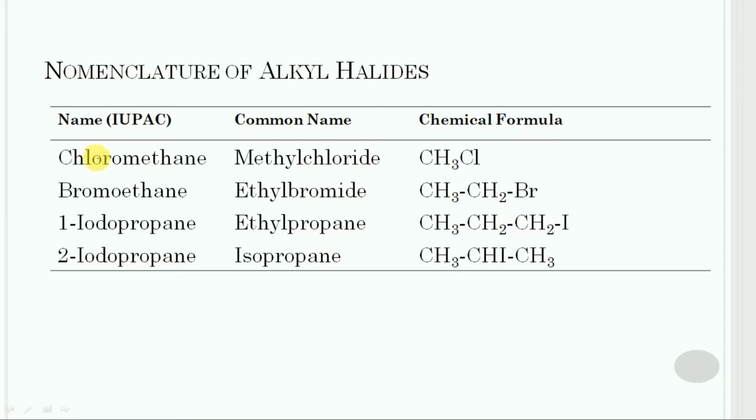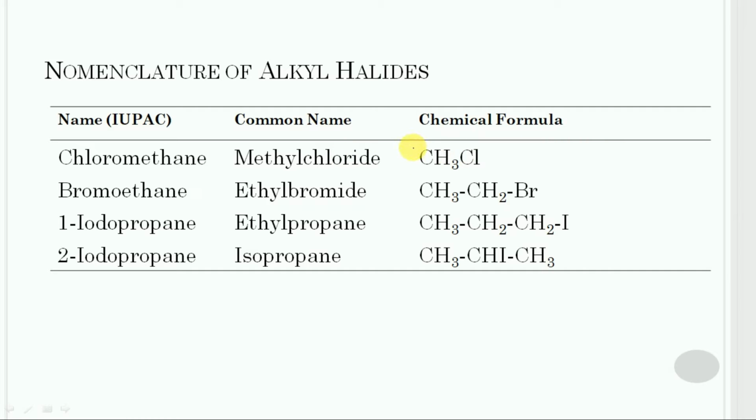In the IUPAC system, the monohalogen derivatives of alkane are named as haloalkanes. Their individual names are derived by prefixing the word halo to the name of the longest straight chain alkane. The numbering of the parent straight chain alkane is always done in such a way that the carbon atom carrying the halogen atom gets the lowest possible number. So let us consider the cases.